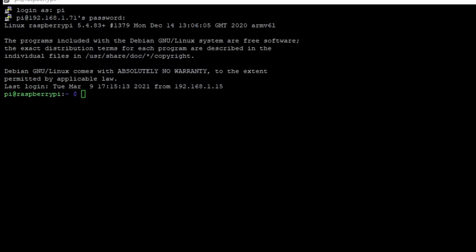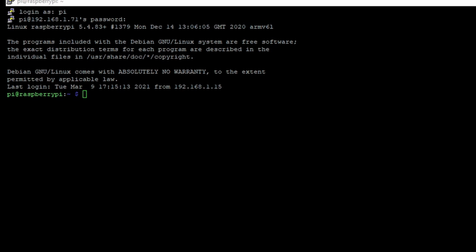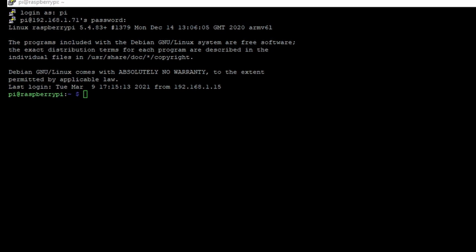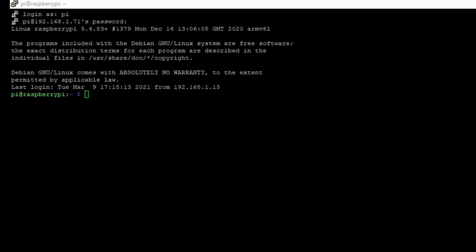Okay, we had a bit of a niggle there. The Pi dropped off the network for some reason. I'm not quite sure why, but I just closed it down and restarted the PuTTY session. Remember that your log on is always pi unless you set up another user, and your password will be how you set it. So as I was saying, the next thing we need to do is actually test